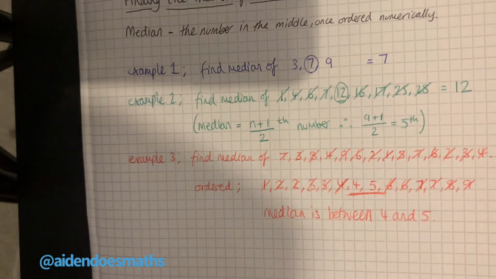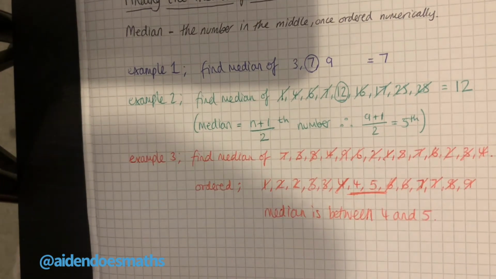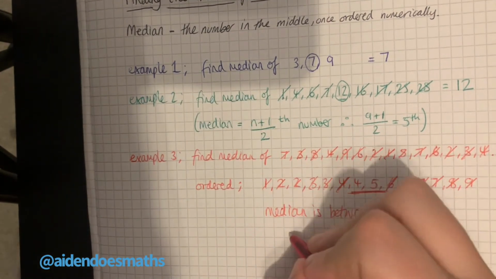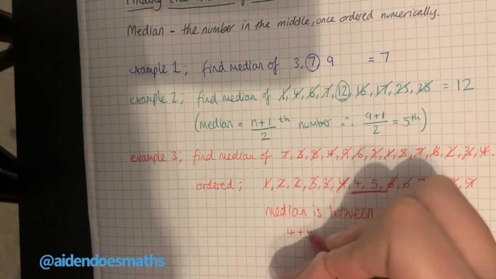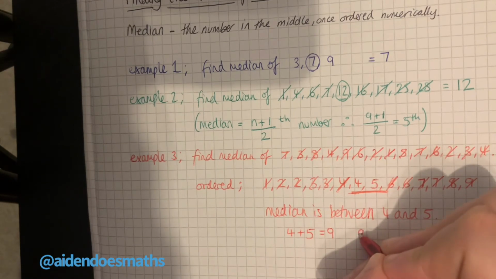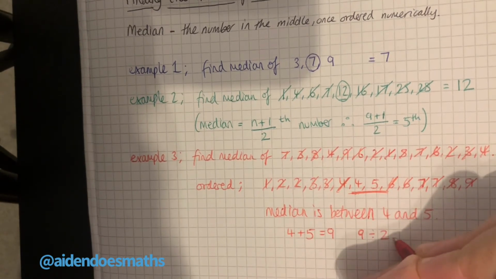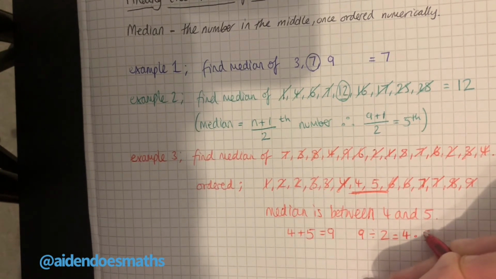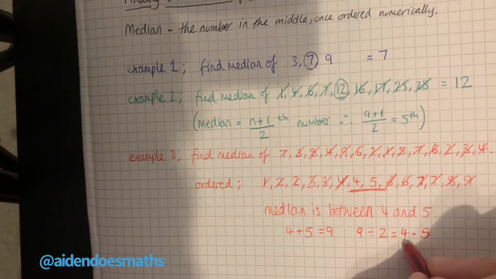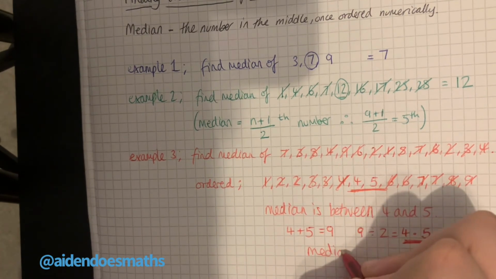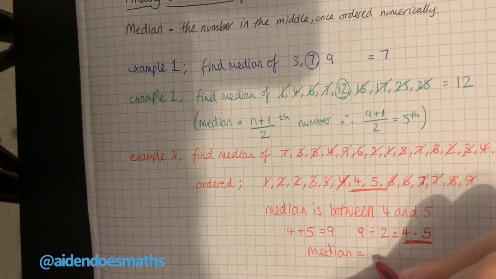So rather than just putting our median is between 4 and 5, we can work out exactly what number would be between 4 and 5. In order to do that, we're going to do 4 plus 5, which gives us 9. And because there were 2 numbers there, we're going to divide it by 2. And if you put that in your calculator, or you might already know, it's going to give you 4.5. And that is your final answer. So just to make it clear, median equals